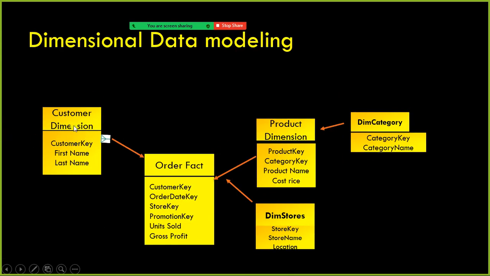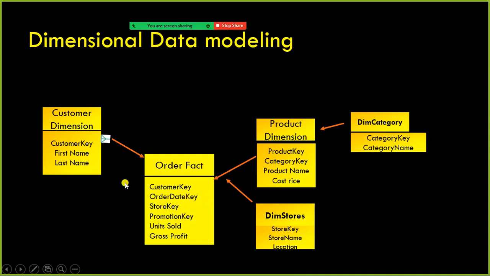At this moment, you just understand each dimension table should have only one unique key. It should not have any duplicate values. You can also have the composite primary key, but it should be unique. Okay, the dimension table should have unique values, whereas the fact table can have duplicate values of your customers or